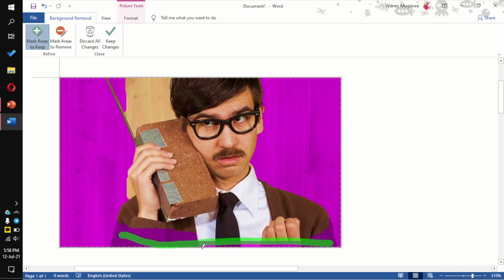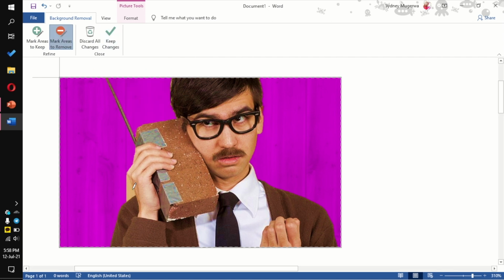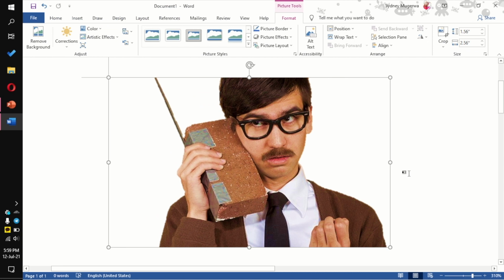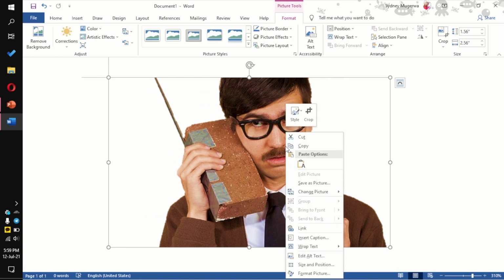And next, some other areas have been added that we don't need, so we'll go to mark areas to remove, and using the pencil we'll draw around them again. And once you have everything that you want, the next thing you're going to do is go and keep the changes that you've made. When you keep the changes, you'll see that the background has totally been removed, and so